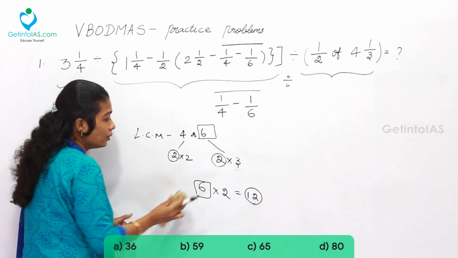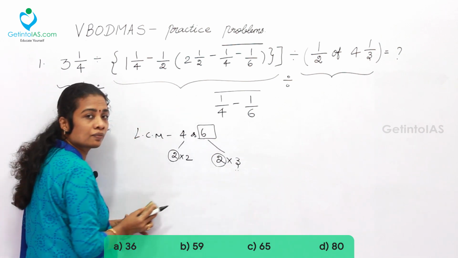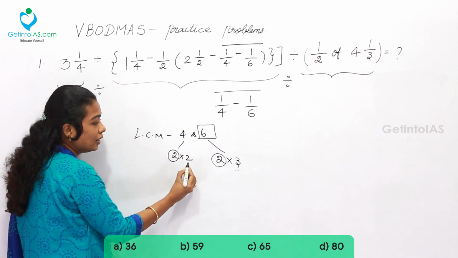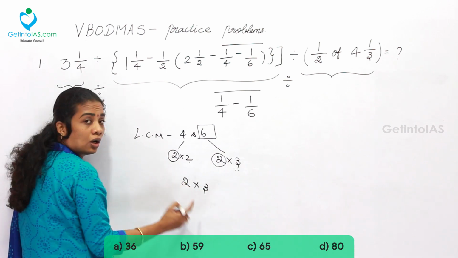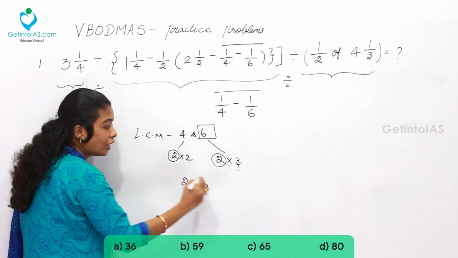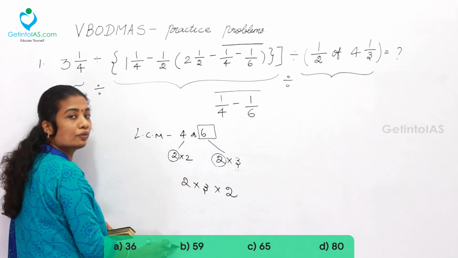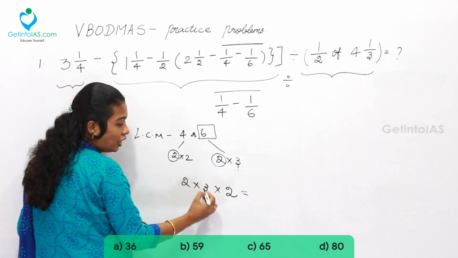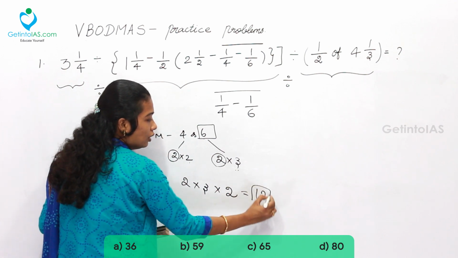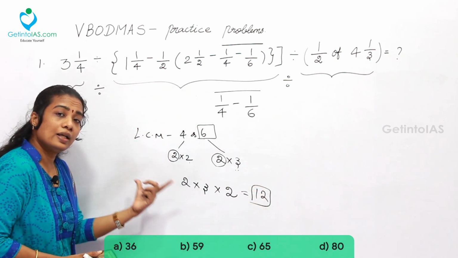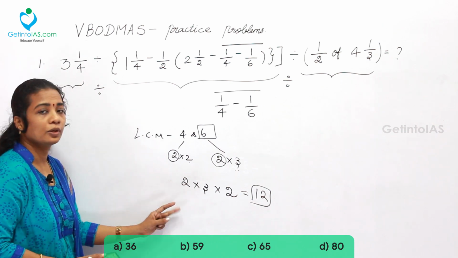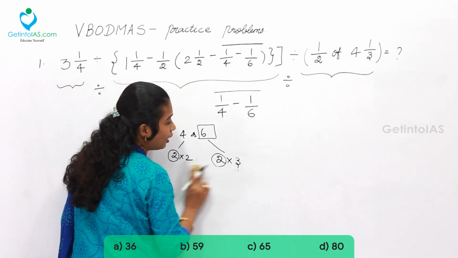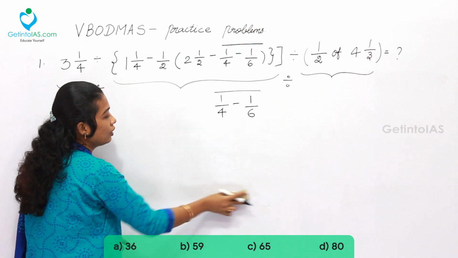Or else, we can get it in another way. Just after factorizing 2 here, 3 here, they are separate. What is the common value? Only one time you want to take it. This is another way of getting it. So here 2 into 3, 6 into 2, 12. However you can get the LCM, what we have learnt in the school days, the traditional method, or this method, you can take it. So LCM is 12, it's very clear.